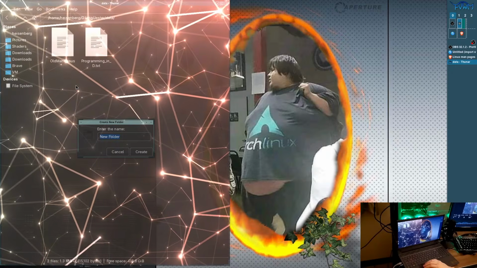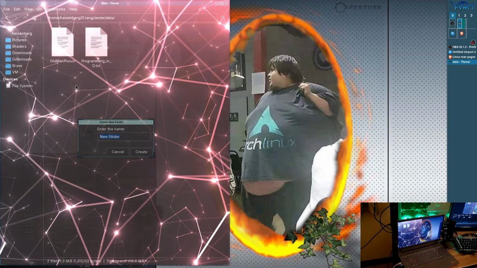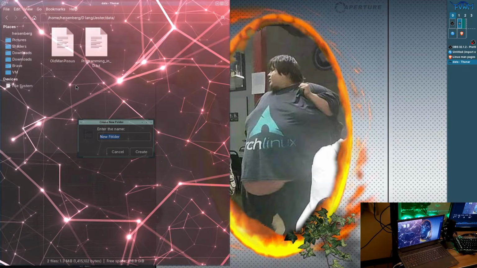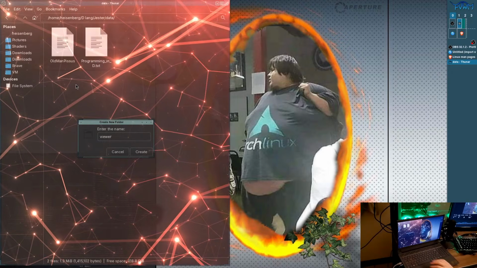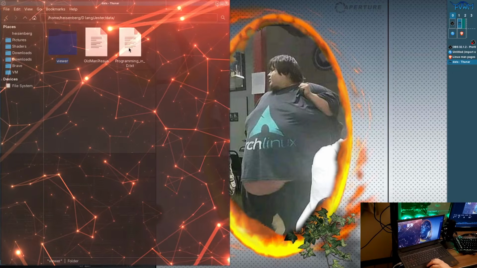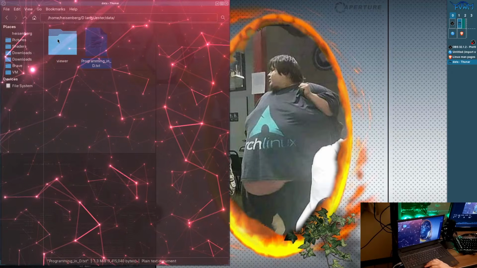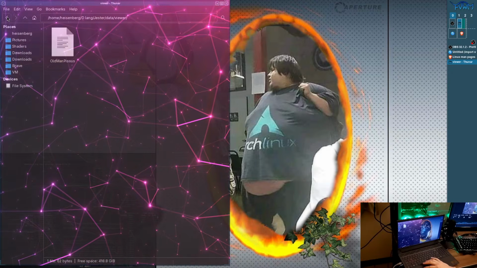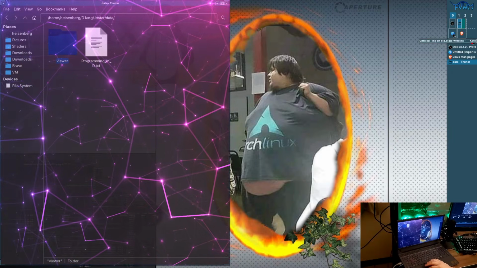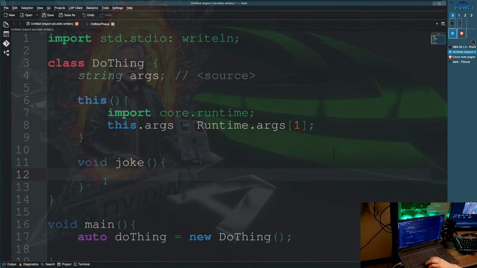Create folder. Viewer. So there we go. We'll have a folder specifically for viewer or viewer support and stuff like that. I'm going to change this to the viewer. We'll also create one for other stuff. Make